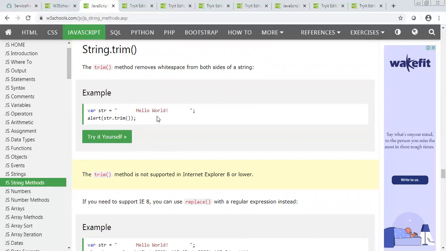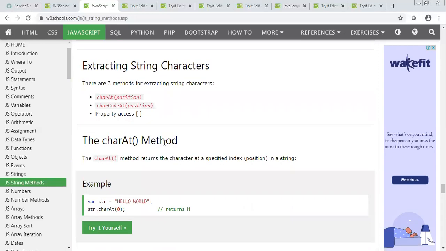Then trim. From Jira, I got a string. Basically, while creating the incident, I got the short description of the incident. That short description has spaces at the start and at the end, which were sent by Jira. Now I want these spaces to be removed before I put that in the ServiceNow short description field. Then I can use the trim method to trim the void spaces and then assign it.